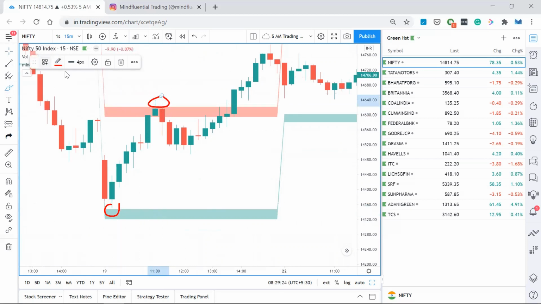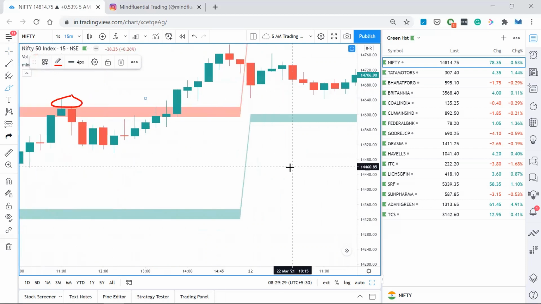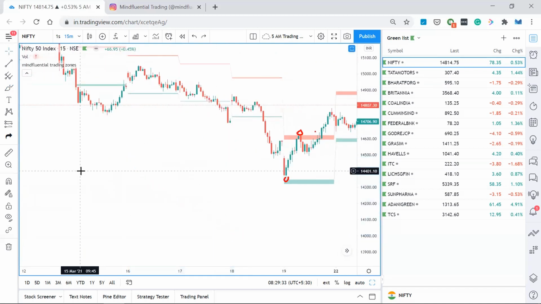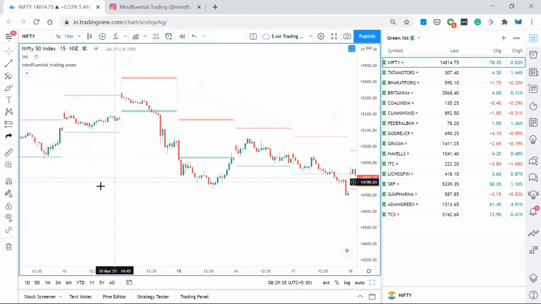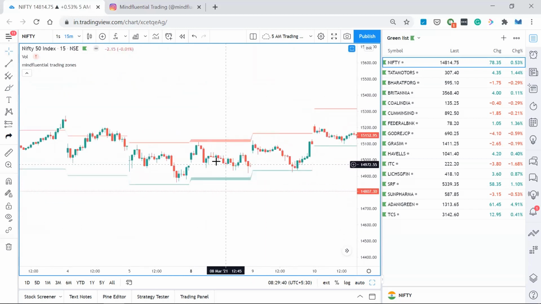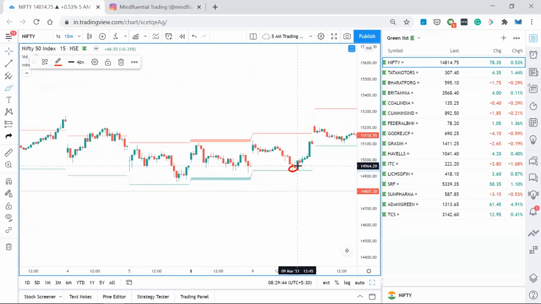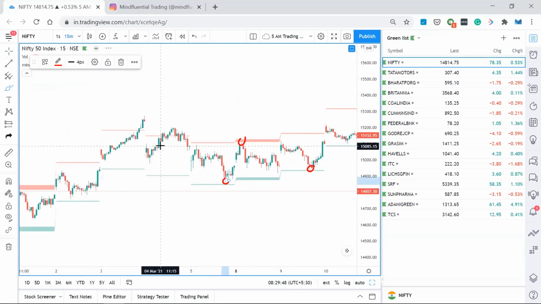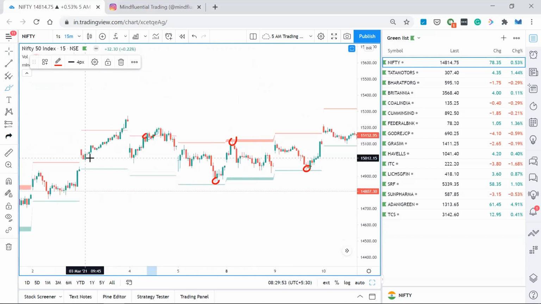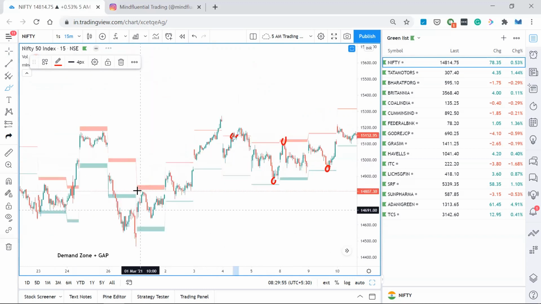If you want to backtest, you can select a particular stock or instrument and go back and test it. Let's say you've selected Nifty to backtest. You can go back to March or February or previous months and see that. See this, it's taking support here, resistance here, support here. And then here it also tried to resist for some time, but then it broke out. Like that, you can go back and see how many times it has worked.